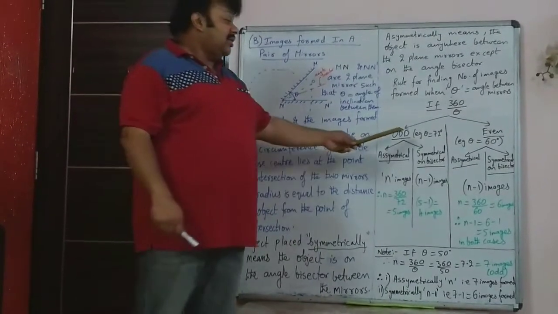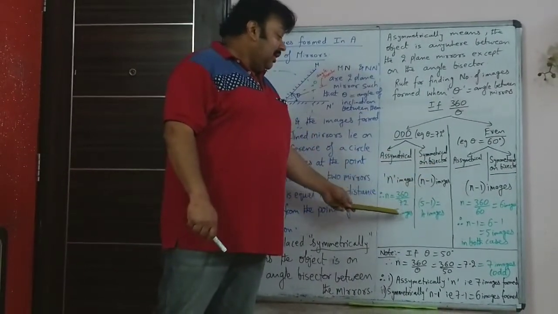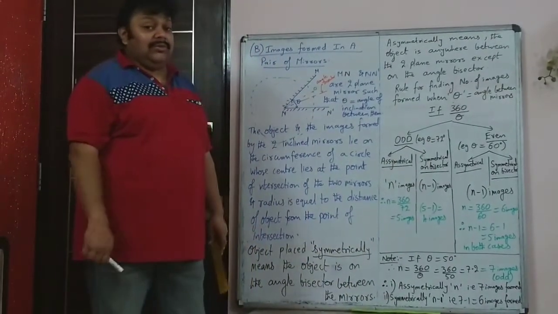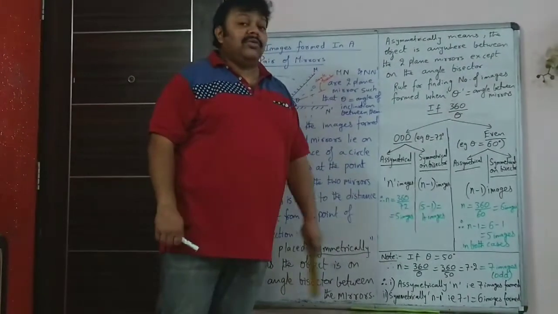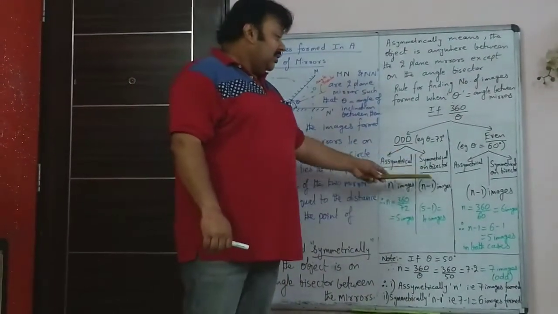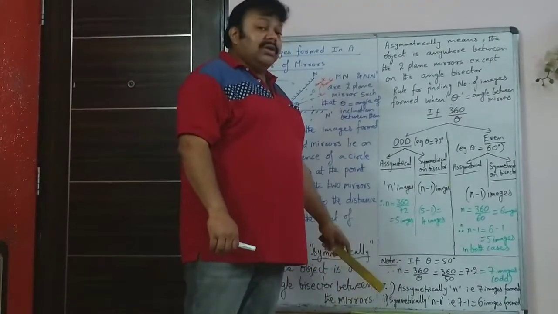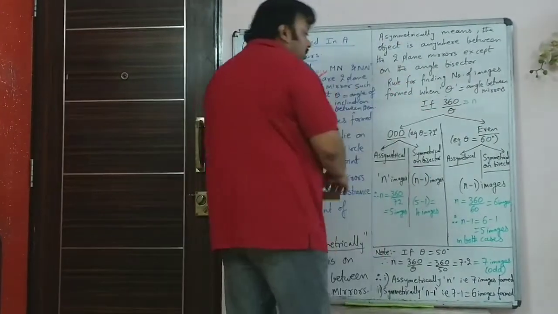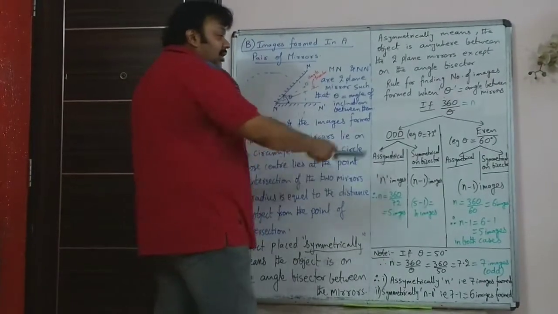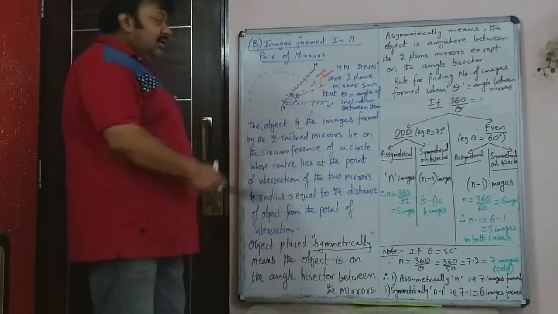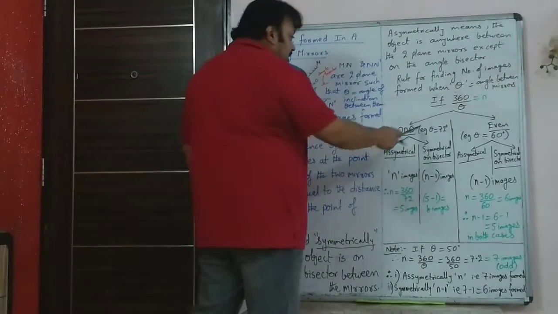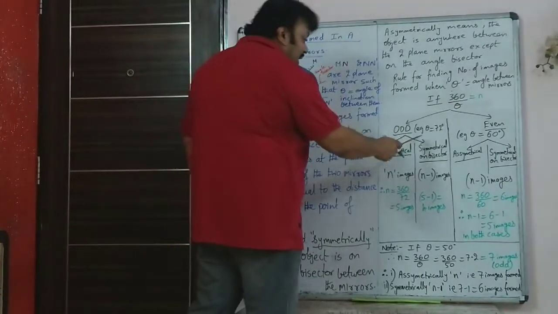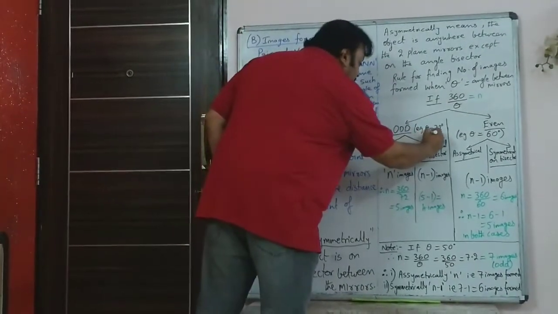But if the object is symmetrically placed, and n is 5, that means an odd number, then one image will overlap with another image. So instead of 5 images, you will be able to see only 4 images. That is why when it is symmetrically placed, n minus 1 images are formed. This 360 upon theta is actually n, and based on whether n is odd or even, you have asymmetrical and symmetrical cases. If n is coming odd, like for example when you took theta as 72, you are getting n as 5. So here n is equal to 5.